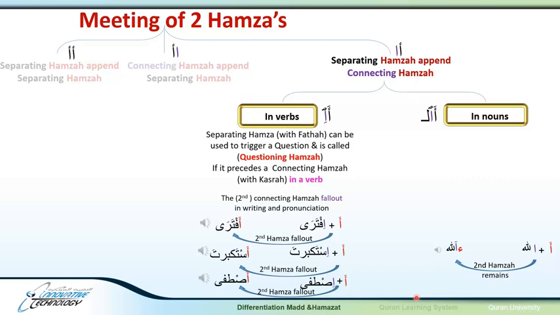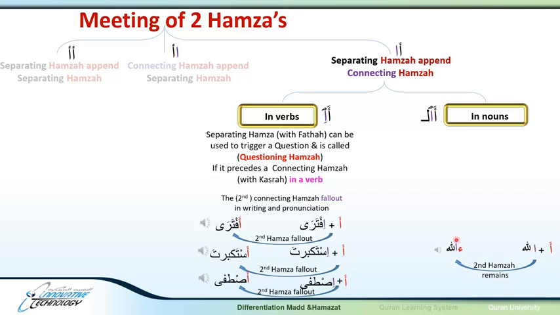الله خير أما يشركون. So this first hamza represents a question. Is Allah better, or what they ascribe with him? So it is a questioning hamza followed by a connecting hamza. We keep both, presenting the first with a hamza on line, the second one is presented with an alif with